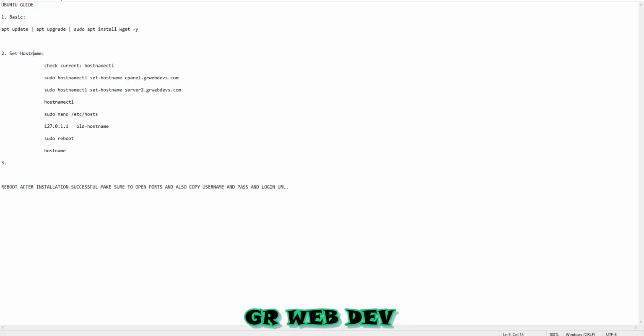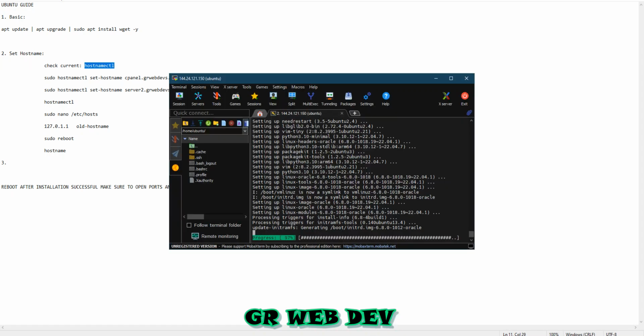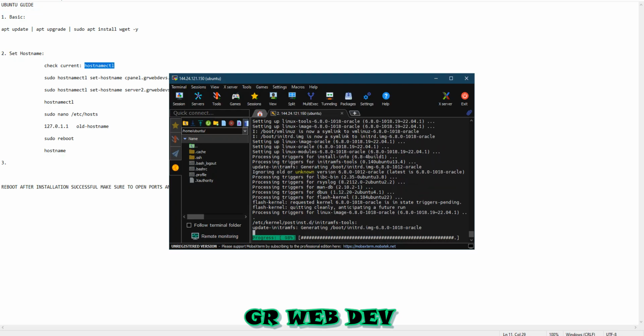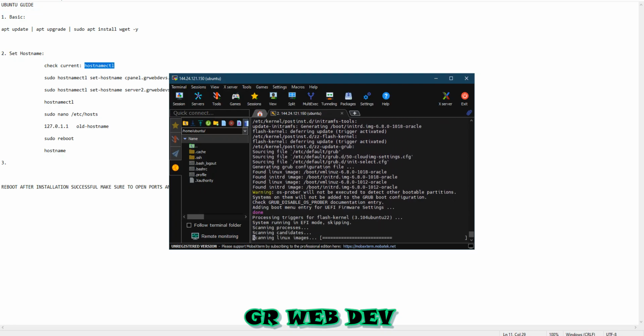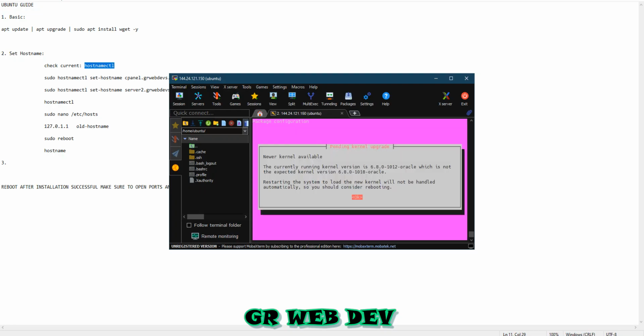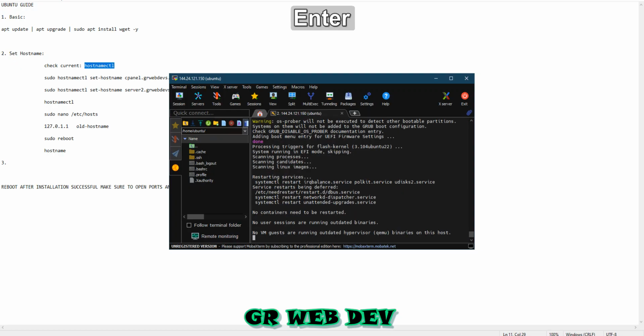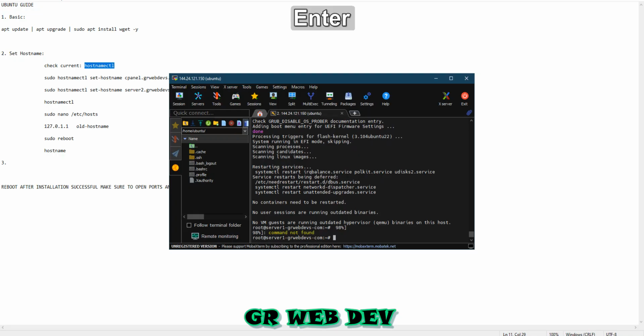To check the current hostname, run this command, and it's 97%. It will show you to reboot the system. Okay, now copy this command